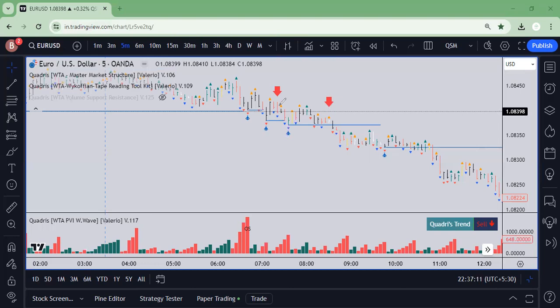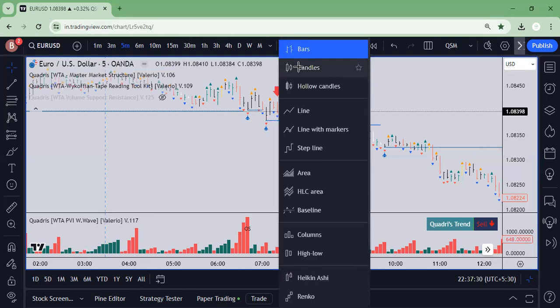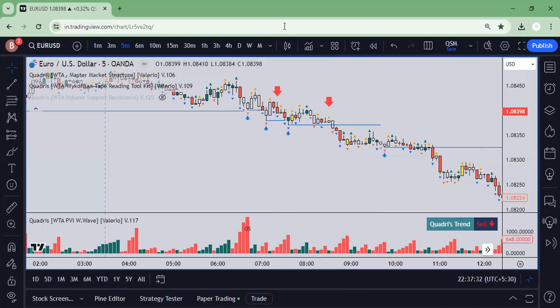I had initiated the short trade on the close of this candle, and this green candle underneath this support was an alarming candle for me. It's a narrow spread bar, or you can say candle. I'll change it to candle so that other people should also be able to understand. This is a narrow range candle, shortening of thrust. That's the reason we had seen this kind of pullback. So that's the reason I have exited at this particular point. And again, I entered over here,